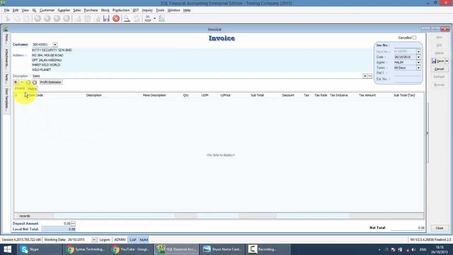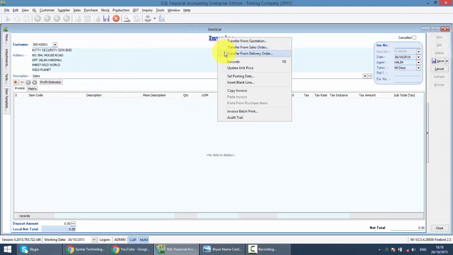Then if we have keyed in the transaction in previous documents, such as quotation, sales order, or even delivery order, what you need to do is right click at the invoice title. You can transfer over. Do remember, if you have created a delivery order, you must transfer the delivery order information to invoice.